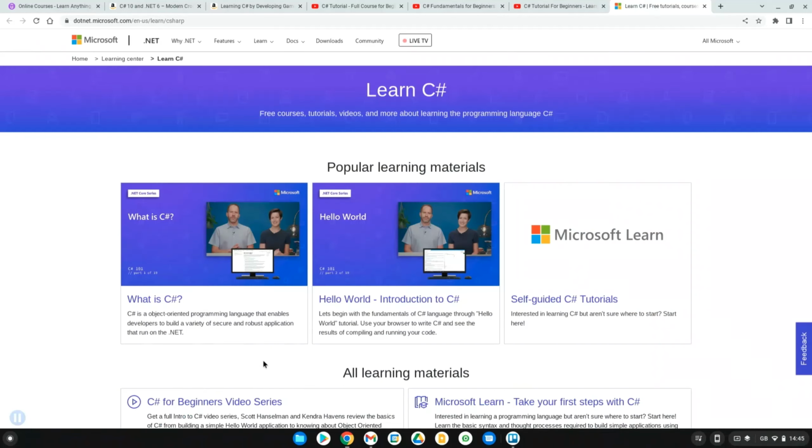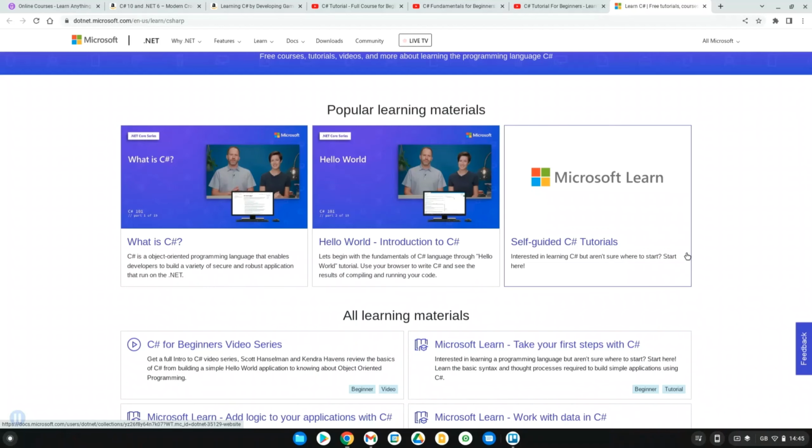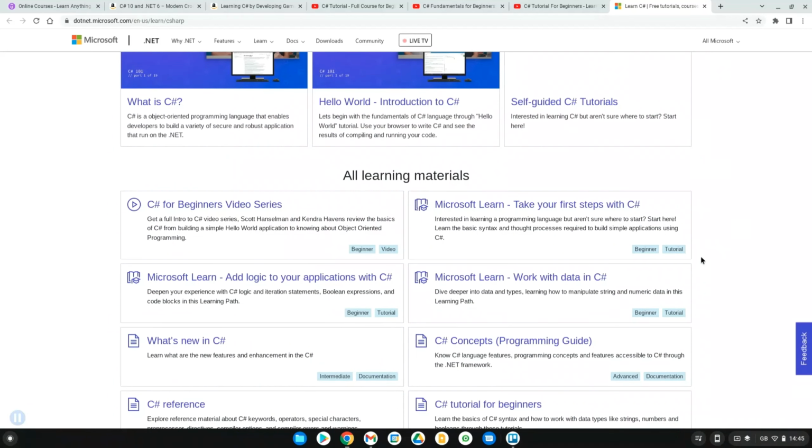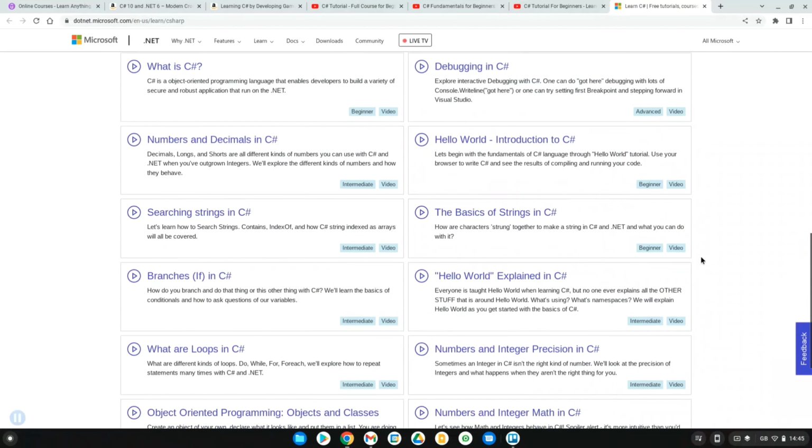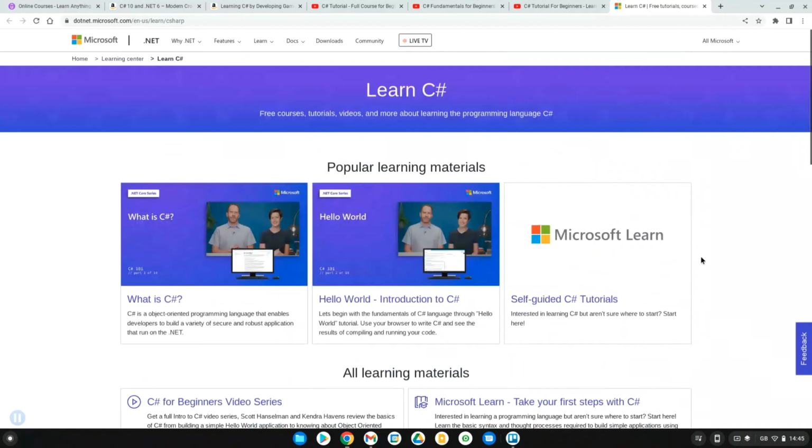And finally, the fourth way to learn C# is from the Microsoft Learn website, which is absolutely amazing. Microsoft Learn is a platform created by Microsoft where you can learn all about all the different Microsoft technologies, and it's absolutely fantastic. They have a lot of video content, written content, documentation, as well as interactive content. So they have little code exercises that you can try out, or if you're learning their Azure cloud infrastructure, they actually